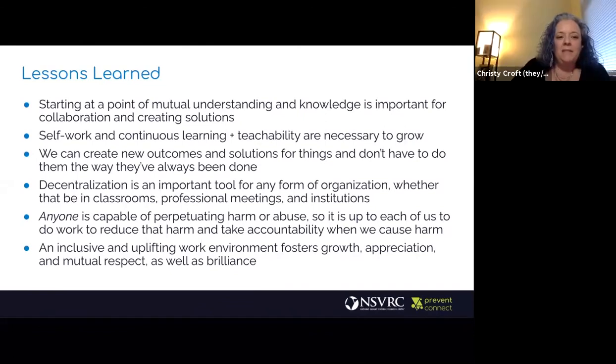Yeah, I know that out of all of these lessons, just so that I'm not just reading them, one of the other ones that's really impactful for me is remembering that anyone is capable of perpetuating harm or abuse. So it's up to each of us to do work to reduce that harm and to take accountability when we cause harm. I think that's an important part of the conversation. It's so easy for us in thinking about transformative justice to think about other people that we want to take accountability without kind of looking at things we need to take accountability for. And I know one of the things that I've learned in some of the trainings I've done with Mia Mingus on transformative justice is that